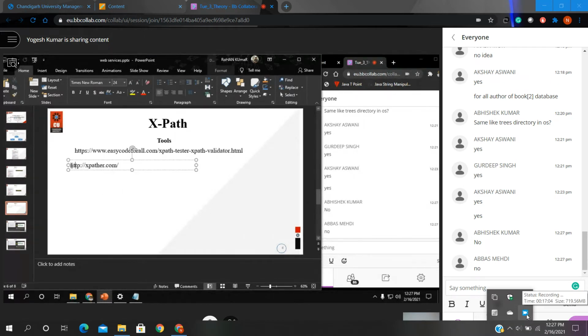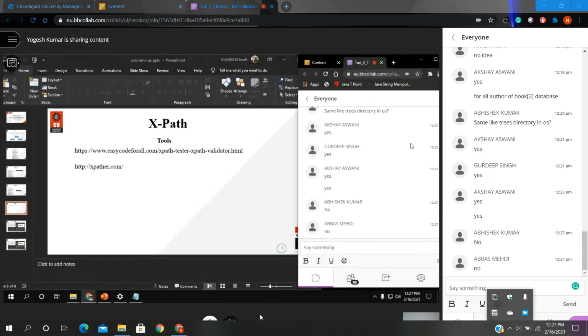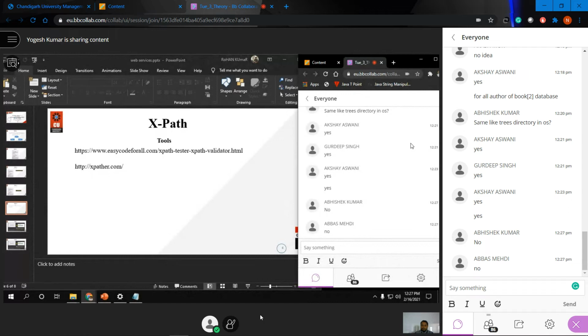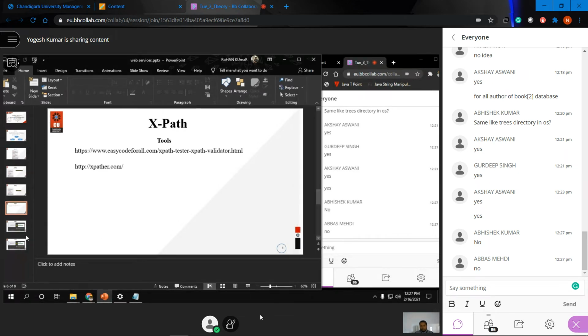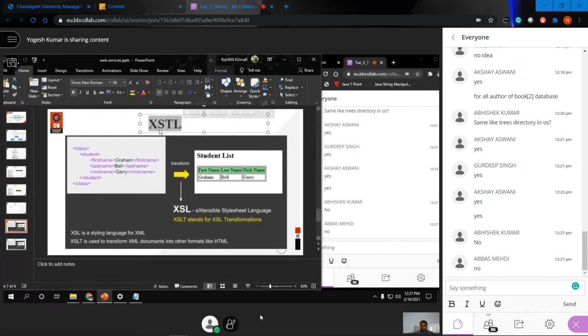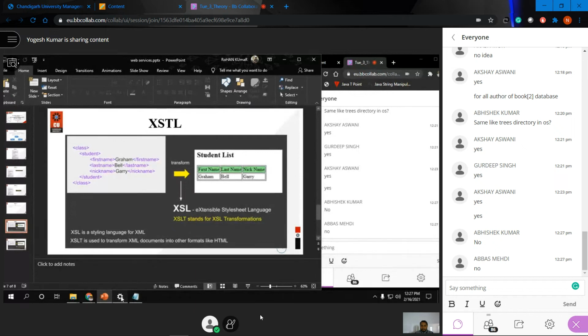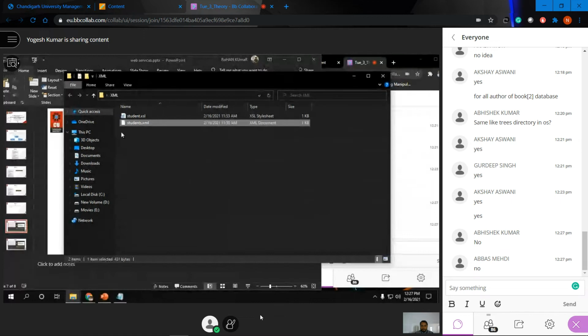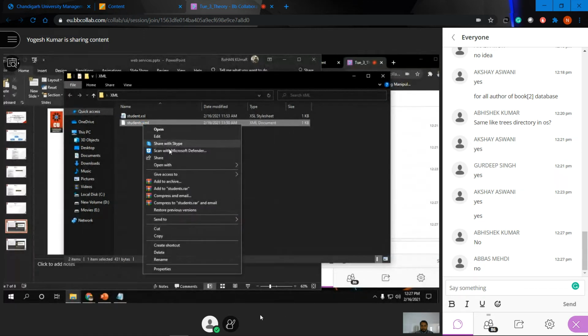I hope it is clear to everyone how XPath will work for you as an absolute value and as a relative value. And now the next topic we have is XSLT. So what you have seen is, when we are talking about an XML file, whenever we open it within your browser,